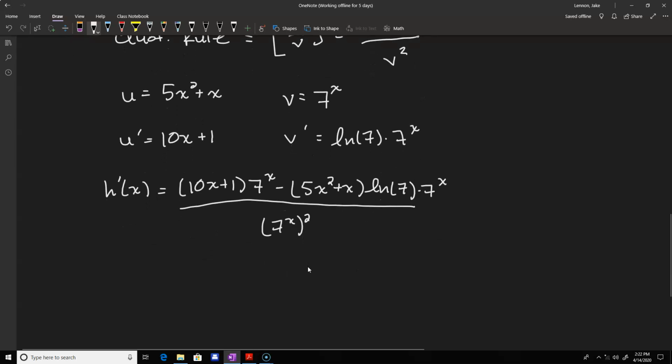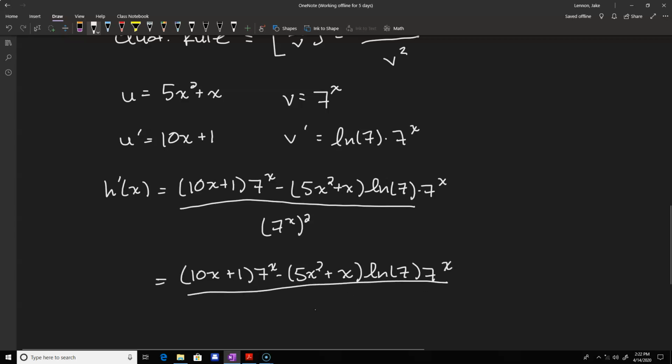And, again, you could factor out maybe 7 to the x and expand things a bit on top, but that's really not going to make anything too much simpler. The only thing I might do here is use the exponent rule on the denominator. That allows me to write 7 to the x squared as just 7 to the 2x. So rewriting this whole gigantic formula just to perform that one small simplification might seem a little silly, but